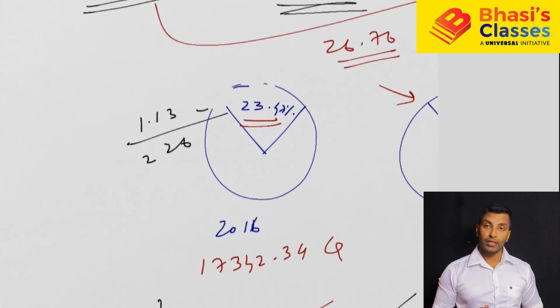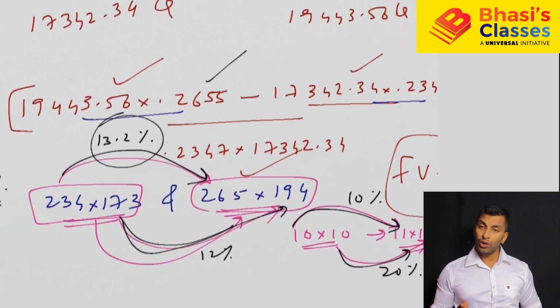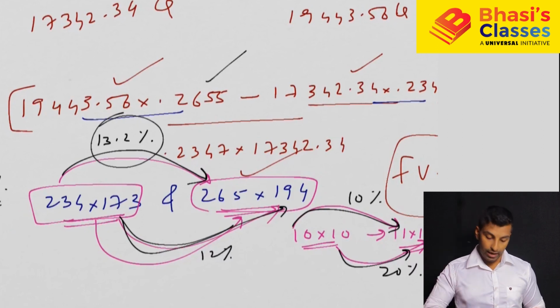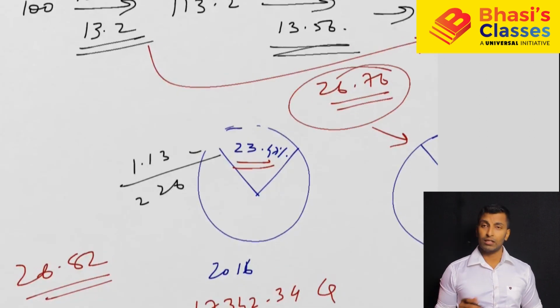Now, if you do this calculation without using a calculator, it is going to be very, very difficult. It is not advised to solve this question in the exam if it comes like this, if you cannot approximate or are not solving in this way. You should not attempt it. If you use a calculator, what you actually get is 26.82, and what we got is 26.76. Very, very effective. So that means this method is very